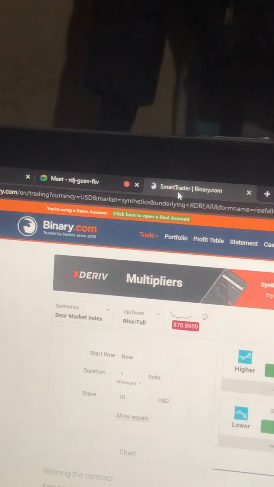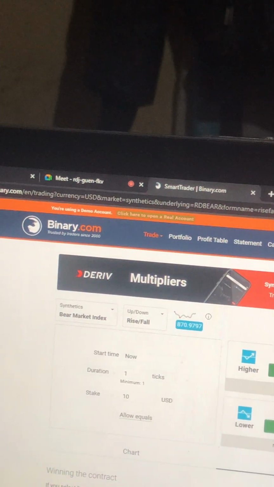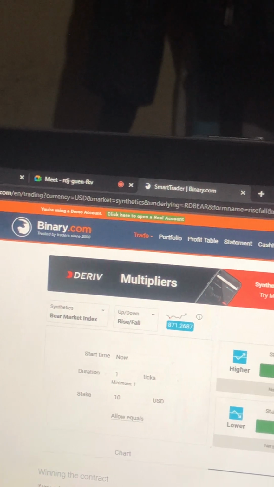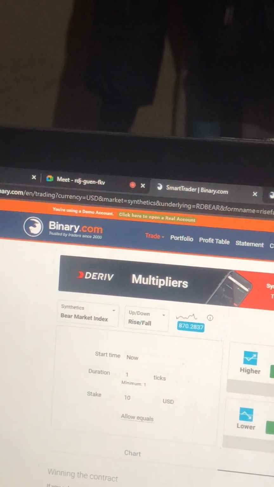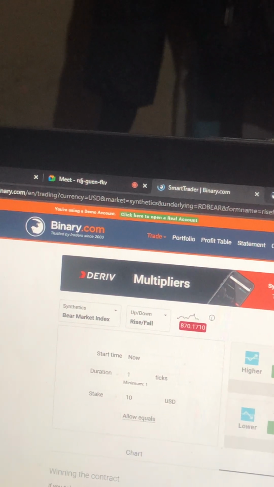Let's see, trading view, resources, then trading view. This is a very, very good example